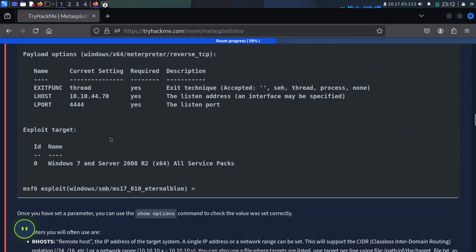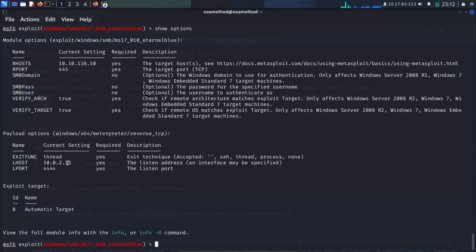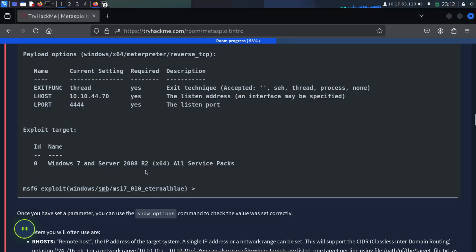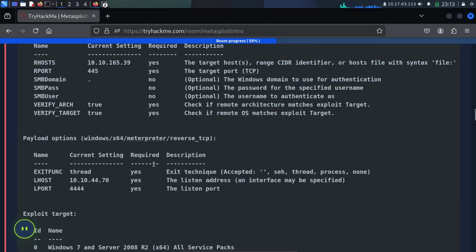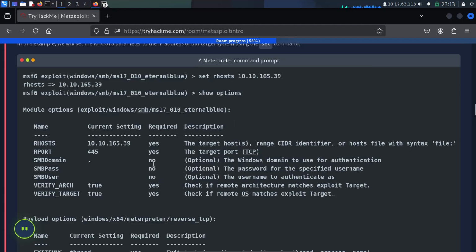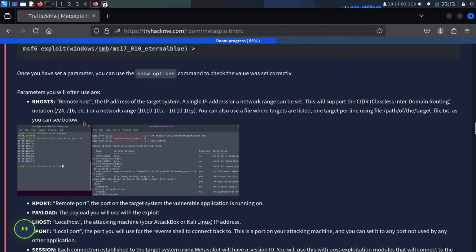Then what's next? RHOST switches. So show options. RHOSTS is the remote host IP address of the target system. A single IP address or network range can be set.